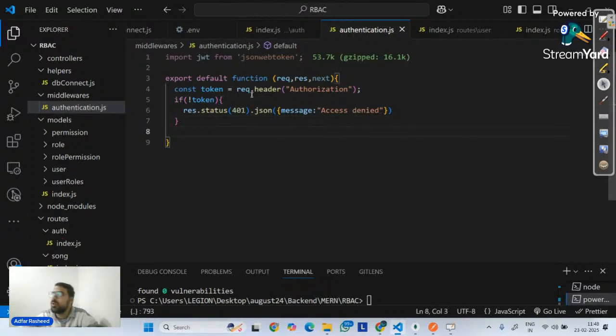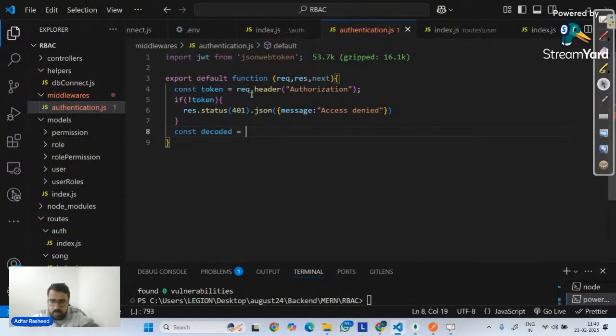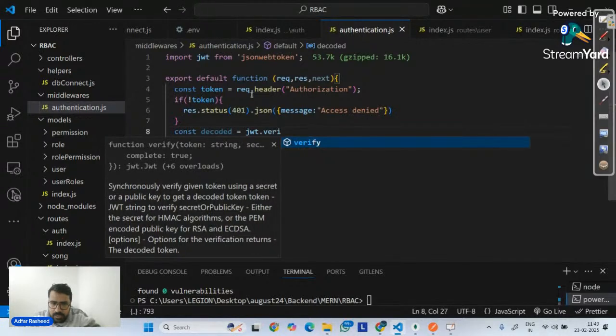Now, if there's no token, in that particular case, something like this. But if there is a token, what do we do? We verify it. And how do we verify a token, guys? Anyone? How do we verify a token? We use a method called JWT.verify, and we get a payload out of it. We name that decoded. Decoded is equal to the JWT method called verify over here,